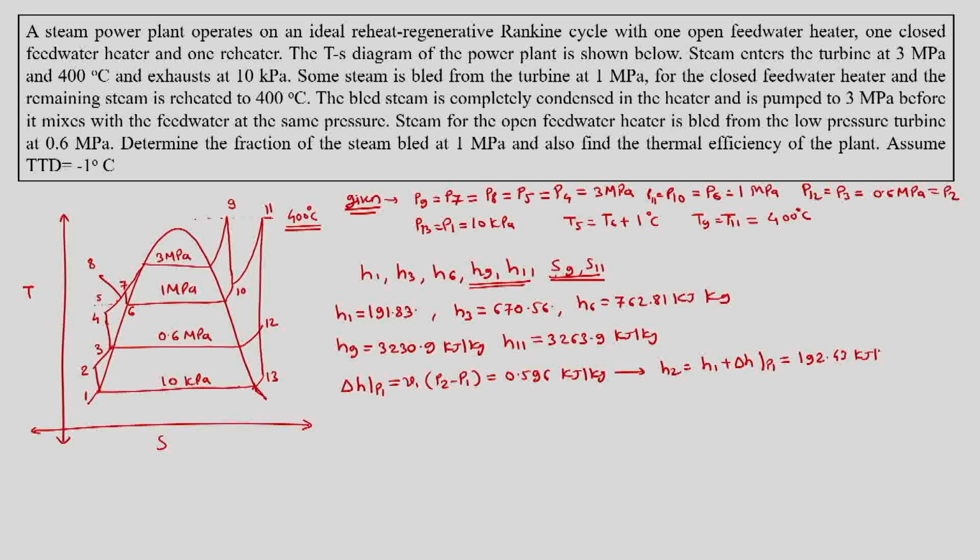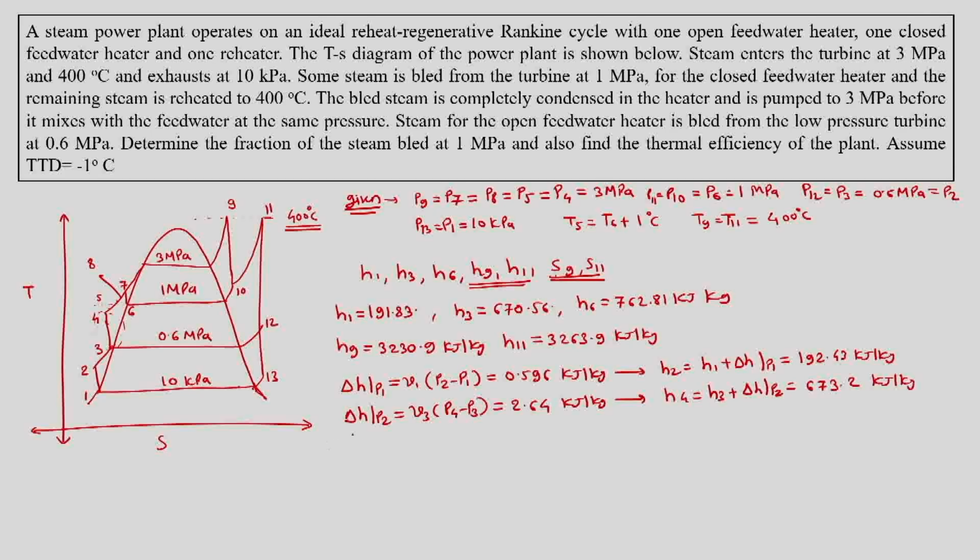192.43 kilojoule per kg. Then delta HP2, that is the enthalpy rise by second pump, is equal to specific volume at 3 into P4 minus P3. So considering this, we get it as 2.64 kilojoule per kg. This is helpful to find out H4, which is H3 plus delta HP2, and this gives us H4 as 673.2